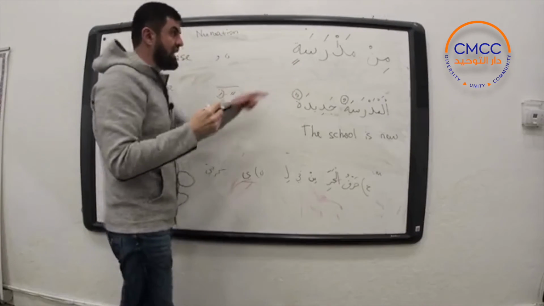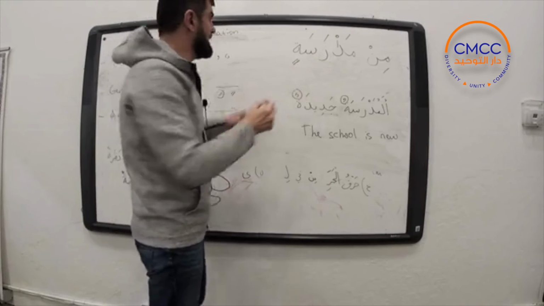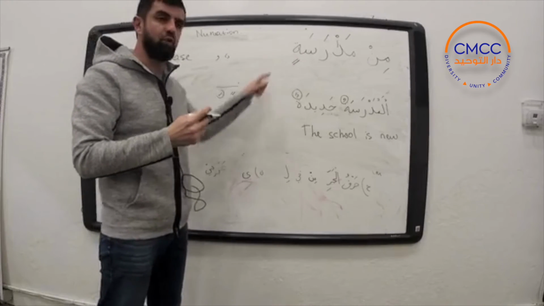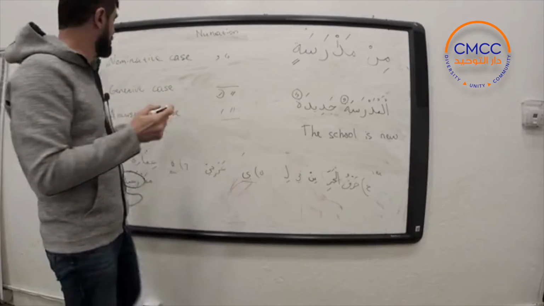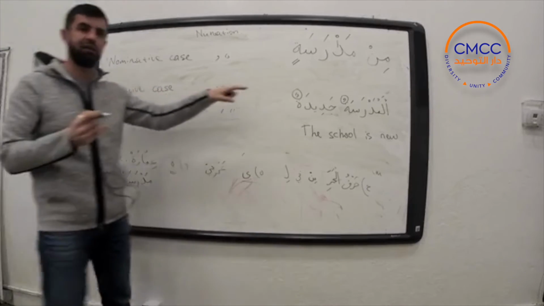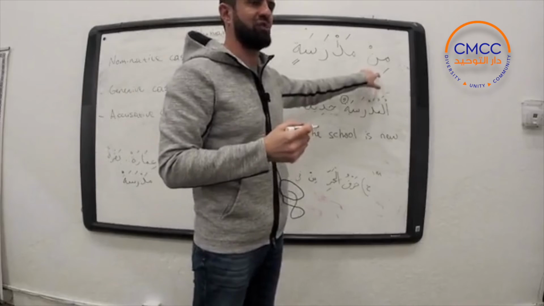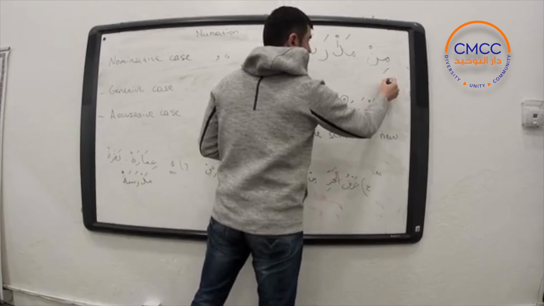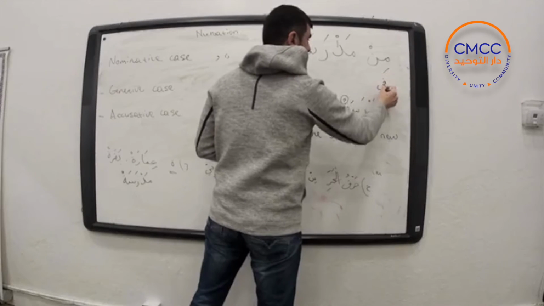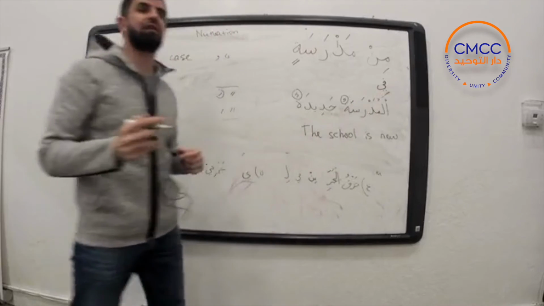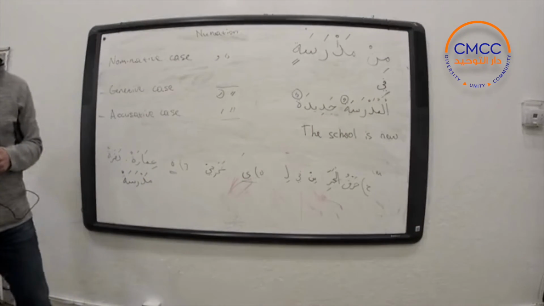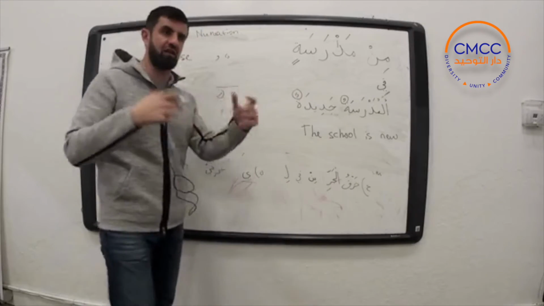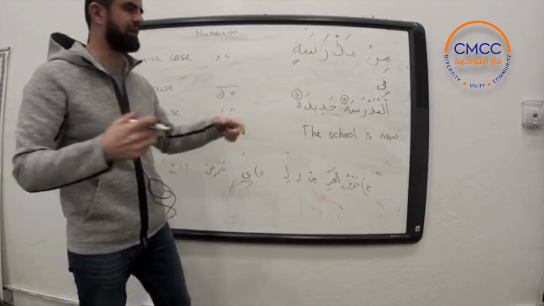So the reason for this noun to have this tanween, kasra, and to be in genitive case is what? Preposition, right? Min. Or we can put fi, which means in. It's a preposition too. It's also called harf al-jar. In details, we're going to study, inshallah, later on. I think it should be like the 7th or 8th lesson, and we'll come to it.